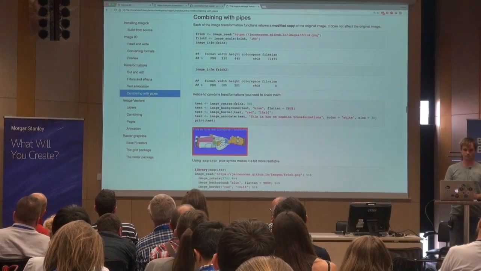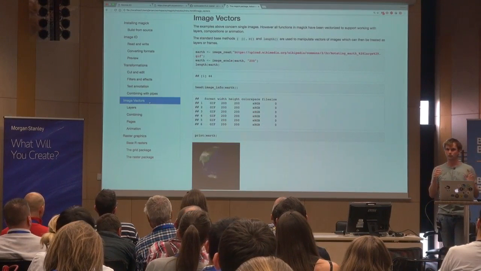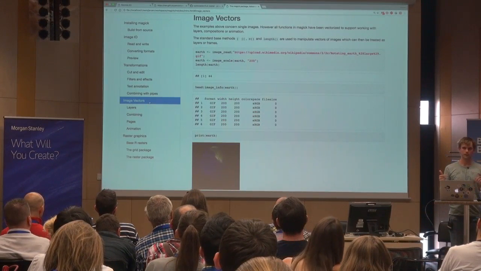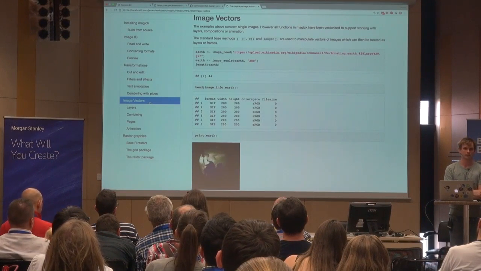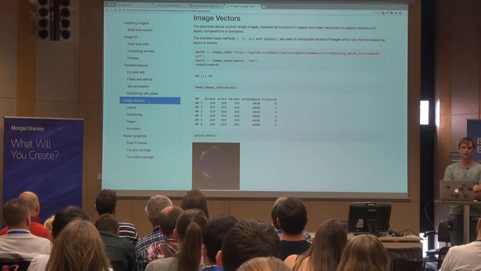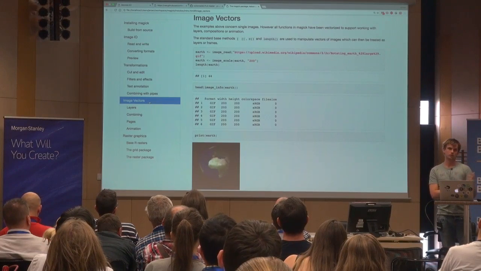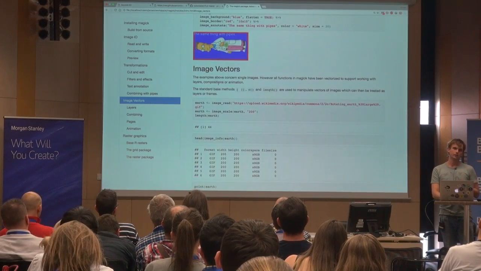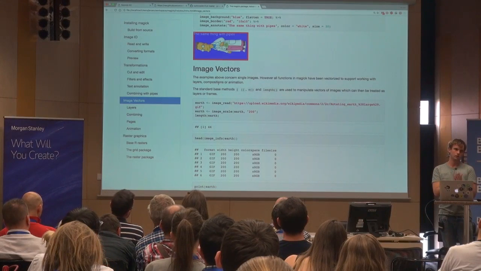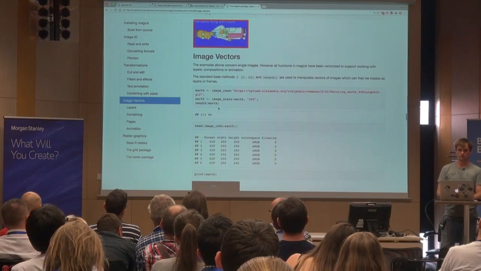Alright, so, while this thing's crunching, let me explain a little bit to you. Everything I show right now, all of these operations, work on a single frame. So it's an image, and you can rotate it, and flip it, and so on. But everything in ImageMagick has been vectorized. So everything works the same whether you work with a single image or with a vector of images. And a vector of images, you can interpret as, for example, layers in an image if you use Photoshop, or they can be frames in a video, or they can be other things you want to compose. So, for example,